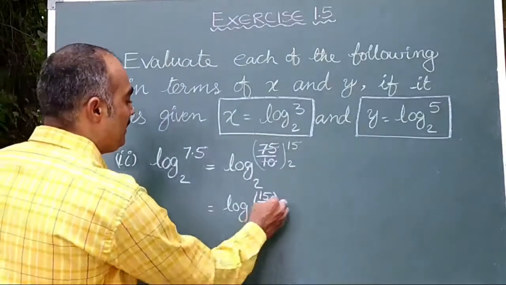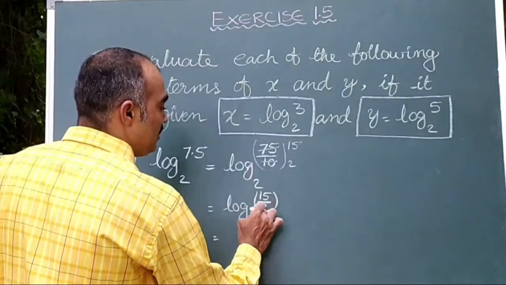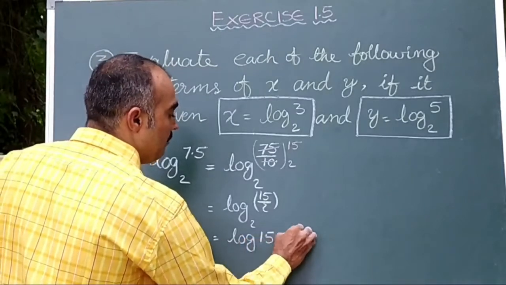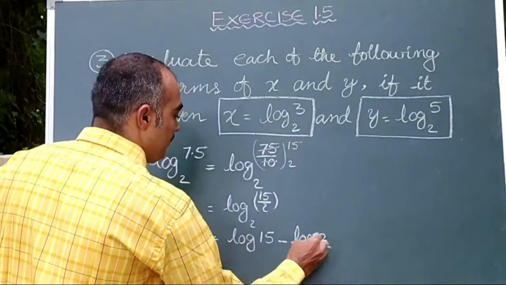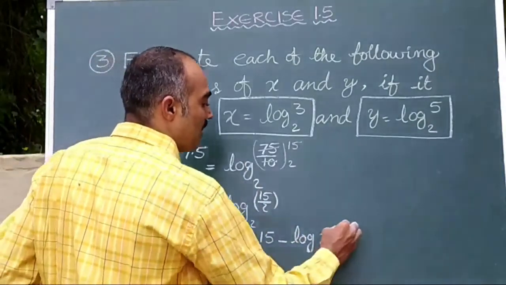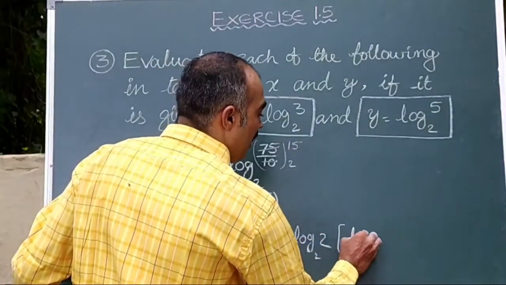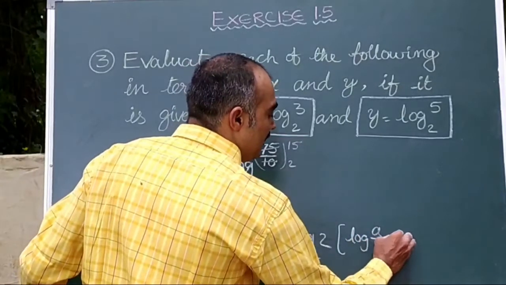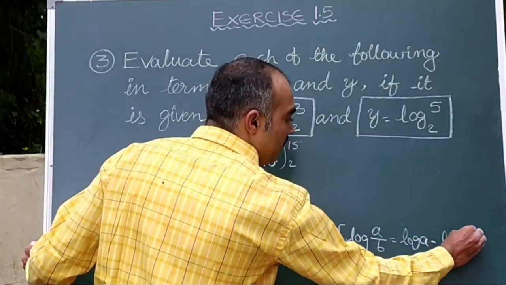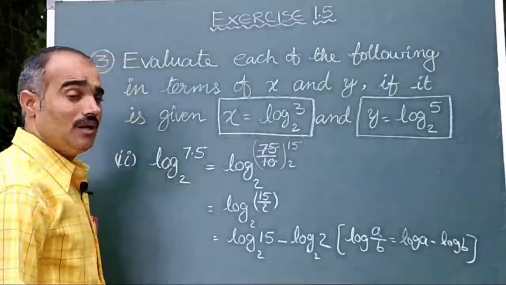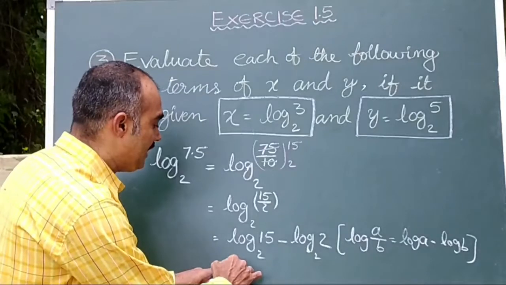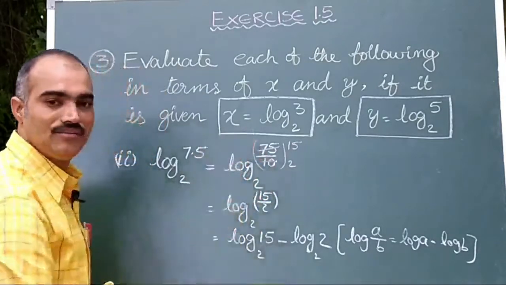Here is the formula, it is log A by B. So, I am writing this as log A minus log B. Here I am giving the same base for both. The formula I applied is log A by B can be written as log A minus log B, right. Now, here 15, you observe, children, this is the same as the first bit we did earlier.